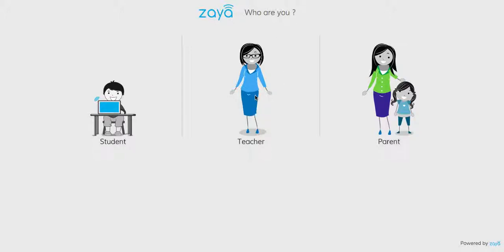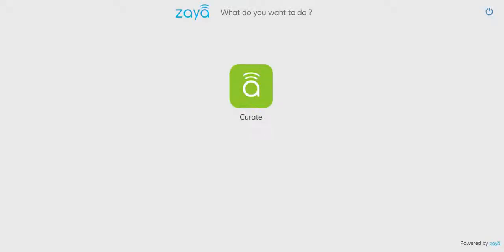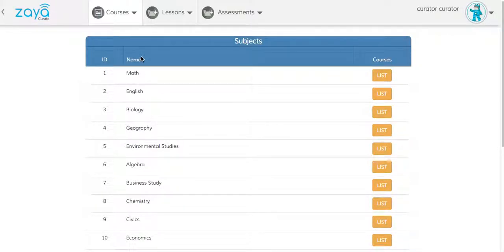So let's log in as a curator now. Go back to the same teacher interface and log in with the curator ID. Once logged in as a curator, you can see the different tasks a curator can do, from courses that exist,